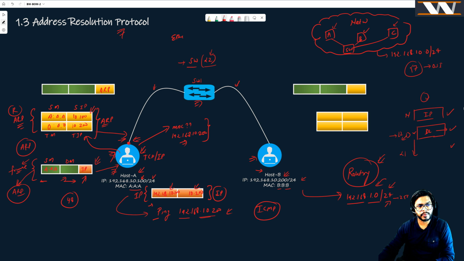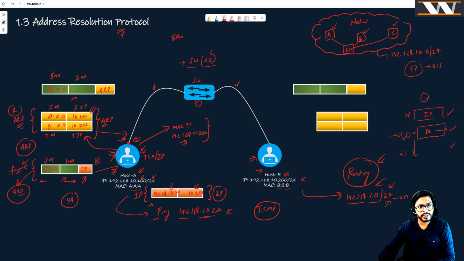The source MAC is going to be A colon A colon A. What is going to be the destination MAC? Again the same problem. And you can argue with me, Mr. Vishnu, we are in the same loop, right? How are we going to send this message if we do not have the destination MAC? And that is why there is a concept of